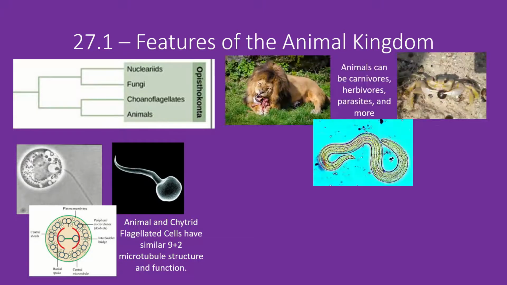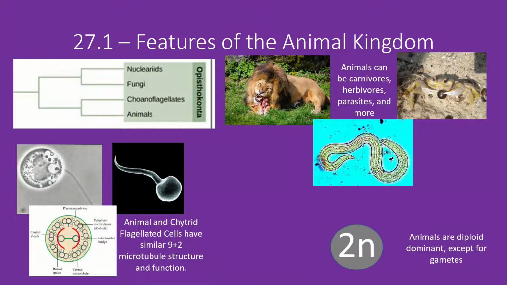Animals are heterotrophic, but receive their food in a variety of ways by being carnivores, herbivores, omnivores, detritivores, parasites, or scavengers. Because of our complex tissue structure and need to gather food, motility is found at some stage in all animals. All animals have a diploid dominant life cycle where all of our cells except our gametes are diploid. Therefore, alternation of generations doesn't exist in this group. Finally, all animals have a body plan in which their morphology is determined by developmental cues and tissues.